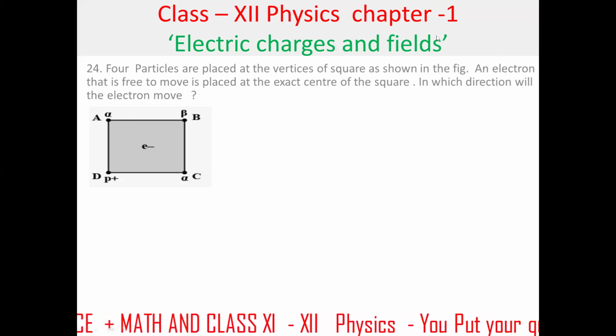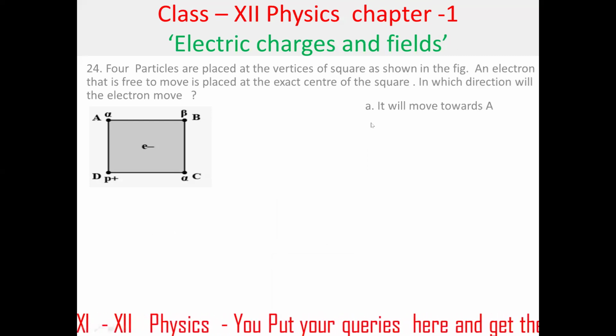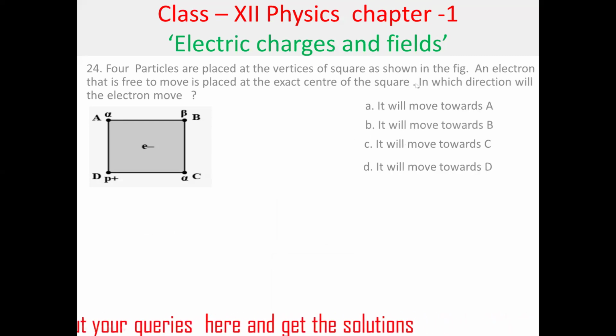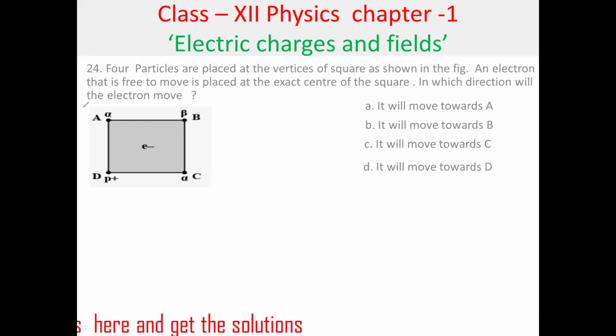Let the options be like this. To understand this question, here there is a square-like arrangement. Here alpha particles are placed, both the same charge, positive. Here beta is placed, it is a minus charge. Now, if you put an electron here,